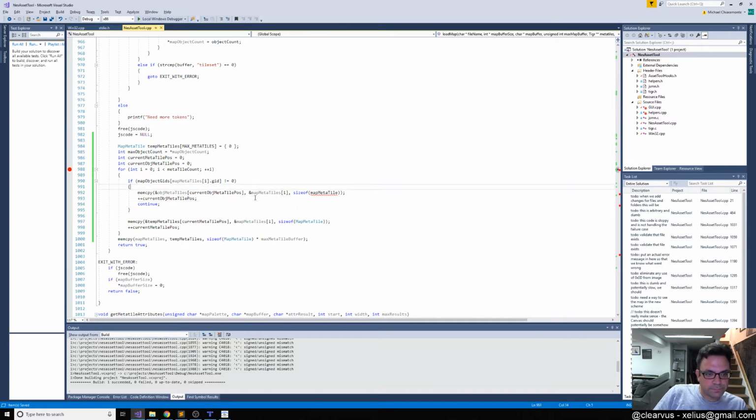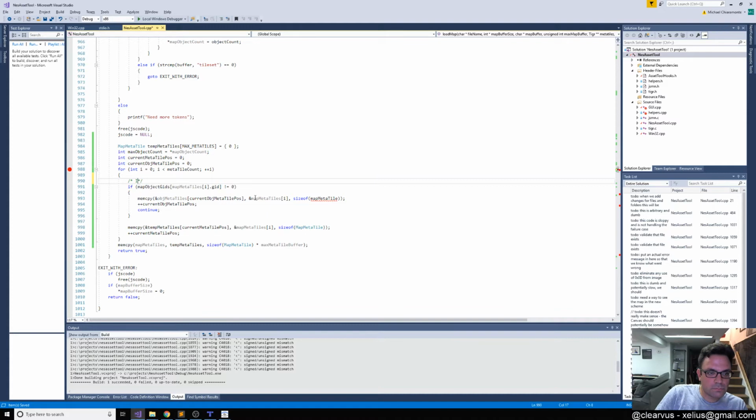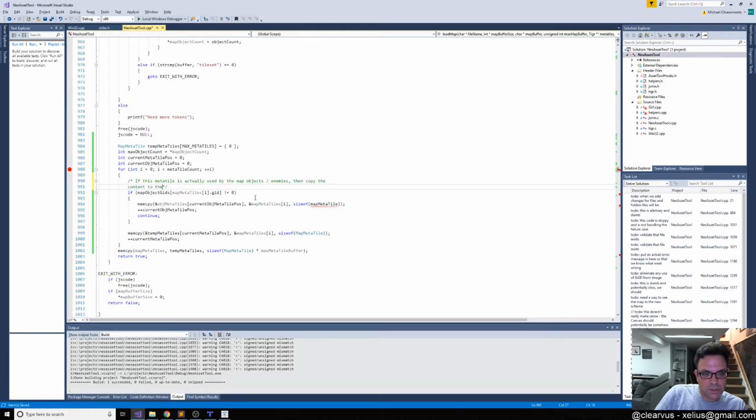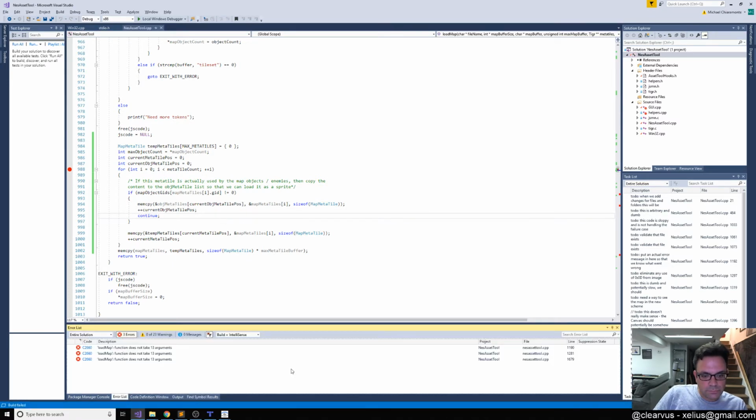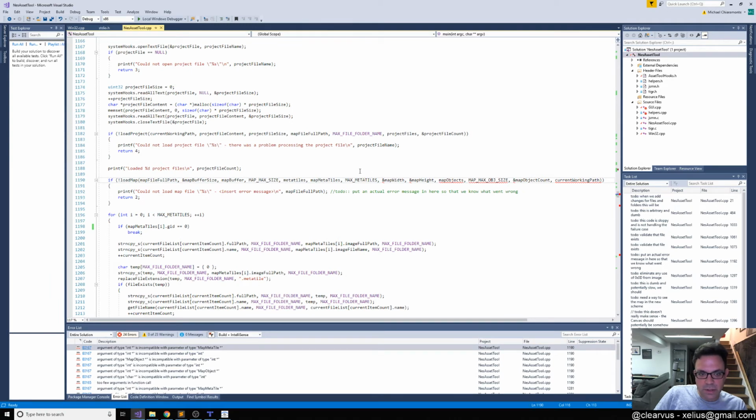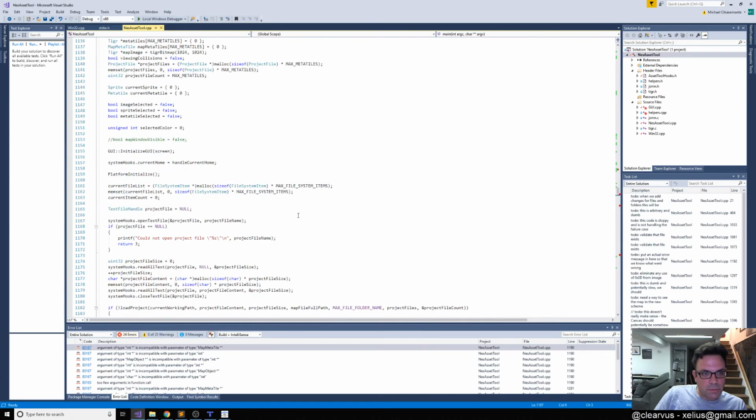So basically, if this meta tile is actually used by the map objects or enemies, then copy the content to the object meta tile list so that we can load it as a sprite. And this needs to be capital. And now this call breaks because we're not passing the right number of things into it. But we also need to create